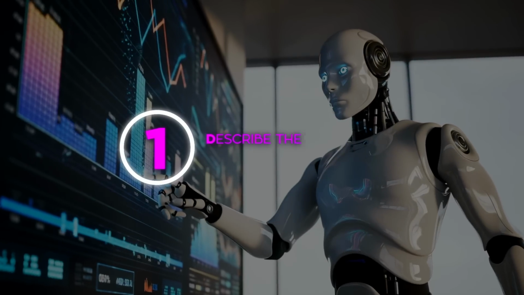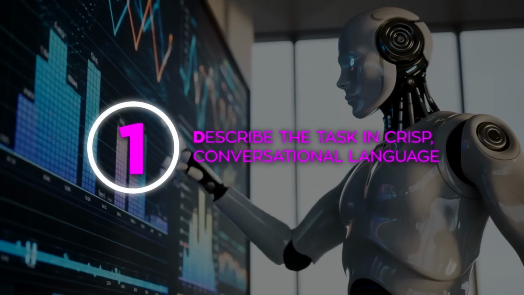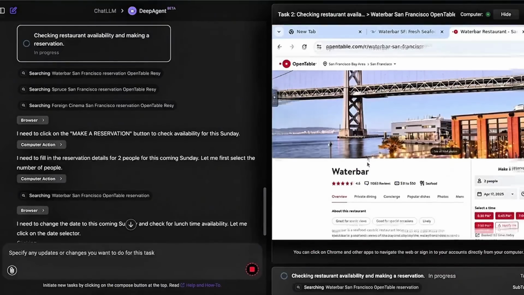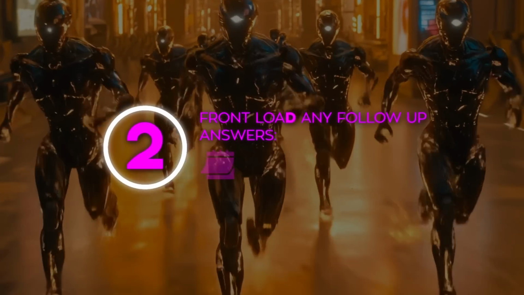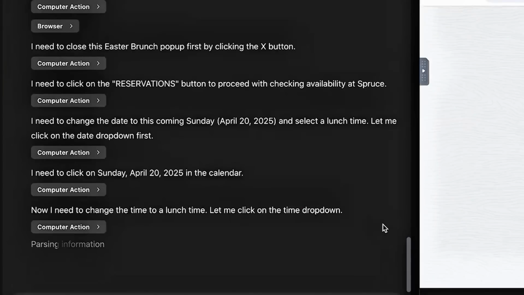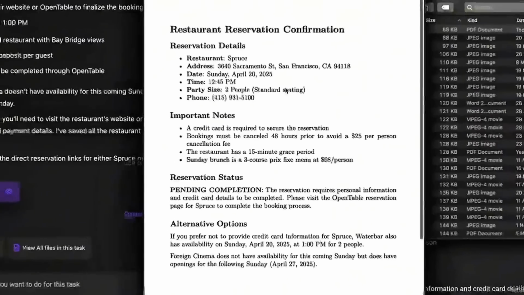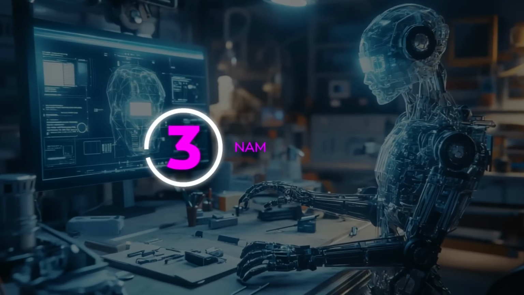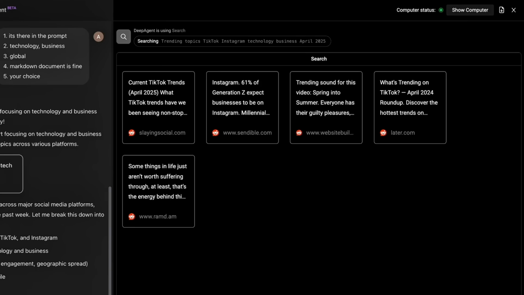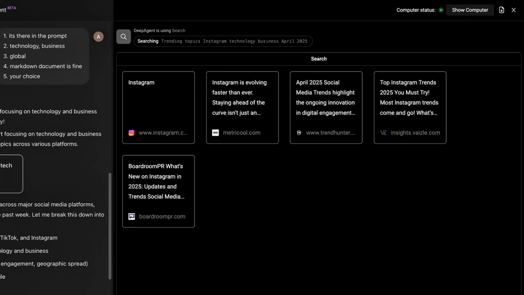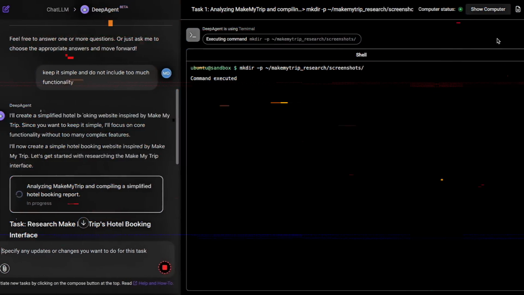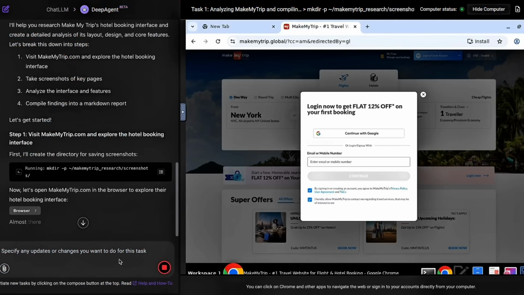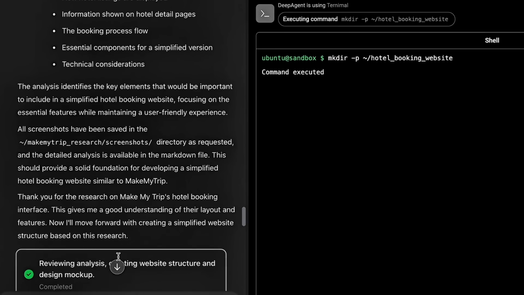Step 1. Describe the task in crisp conversational language, no need for pseudocode, just specifics. Step 2. Front-load any follow-up answers, dates, format, style choices so the agent doesn't waste cycles interrogating you. Step 3. Name your output. If you want a PDF, say export as PDF. If you prefer a live HTML site, call it out up front. The tighter that opener, the faster the agent rockets to the finish line and the fewer minutes you burn of